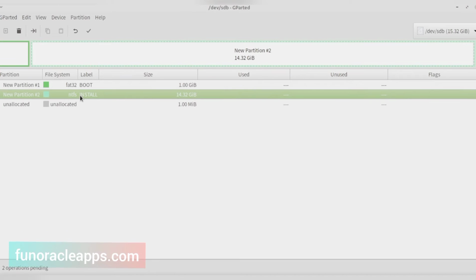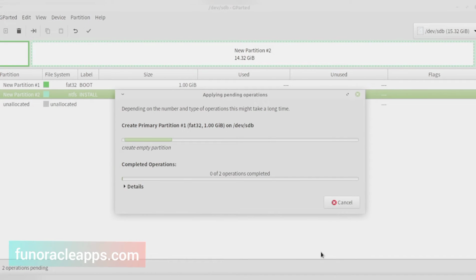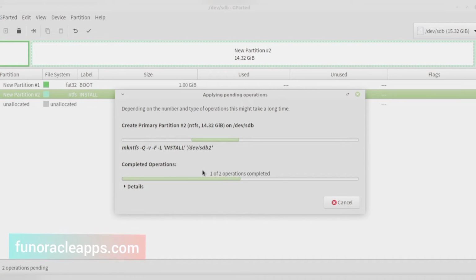So all other space is given to NTFS. I will apply all the operations, and it will complete my partition creation on the pen drive. So let's wait for it to complete.